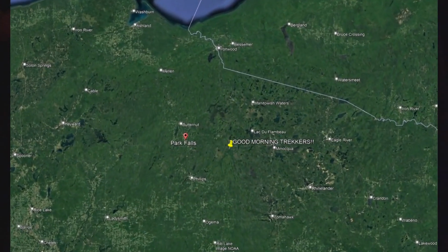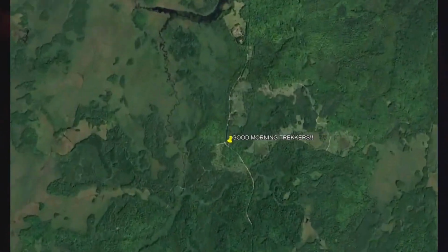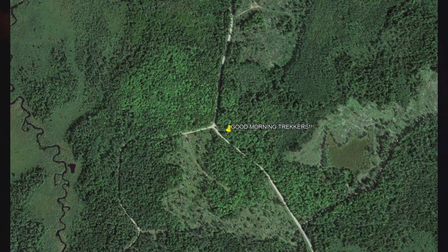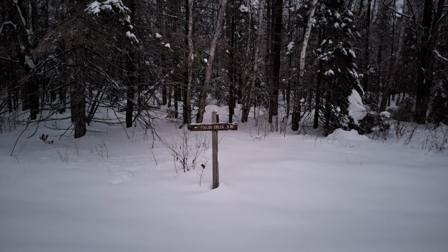Good morning, trekkers. It is 6:58 a.m., Saturday, January 14th, 2023. It's about 16 degrees Fahrenheit out here at the intersection of Sheep Ranch Road, Forest Road 132, and Folds Creek Road, which has a Forest Road number, but I don't remember what it is. Sheep Ranch Road is plowed, and Folds Creek Road is not, which is going to make it excellent for a